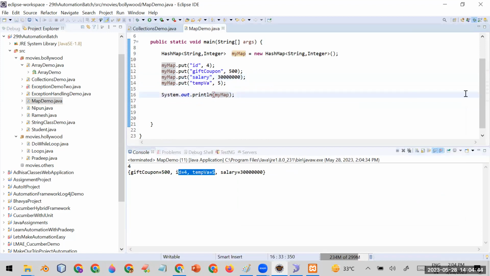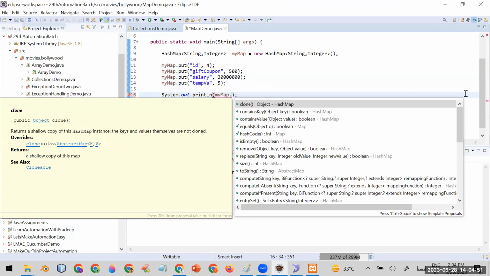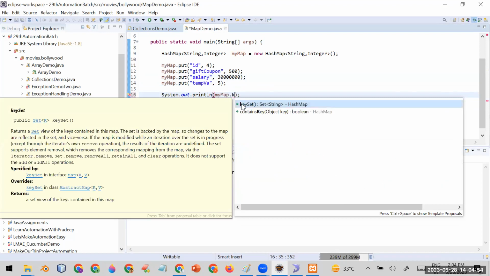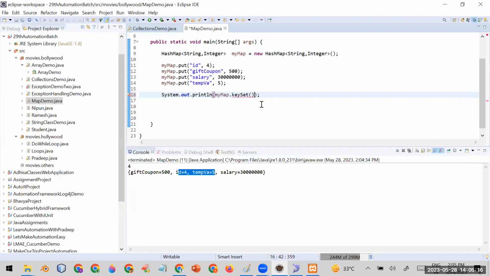अब देखो, इफ आई वांट टू, आई एम इंटरेस्टेड टू गेट द कीज ओनली, मुझे केवल की पता करनी है, दैट इज नॉट गुड, लेकिन चलो पता करनी है। द फंक्शन इज दैट यू कैन से की सेट। अगर आप ये करोगे, व्हाट इज द रिटर्न टाइप ऑफ दिस फंक्शन, बताओ? स्ट्रिंग नहीं है, कोलन के बाद क्या लिखा है, Set. सेट ऑफ अ स्ट्रिंग, Set. यानी कि इसका रिटर्न टाइप इज ए कलेक्शन ऑफ टाइप सेट ऑफ अ स्ट्रिंग। मतलब ये जो की सेट रिटर्न करता है, जितनी भी आपकी कीज है उनका क्या रिटर्न करेगा, सेट, कलेक्शन। ठीक है, तो देखो आपको प्रिंट करके दिखाओ, ये देखो आपको प्रिंट करके दिखेगा,